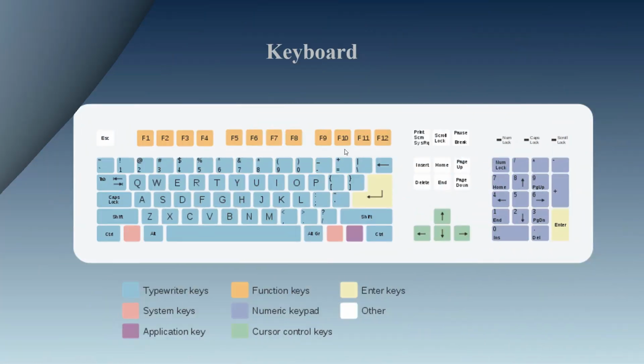First one is the input devices. This is the keyboard, and there are a lot of keys in this keyboard. You can see on the top side there are function keys highlighted in yellow color from F1 to F12. Function keys have different functionalities. Like in laptop you can control the sound, you can control the brightness, you can turn the Wi-Fi on, off,